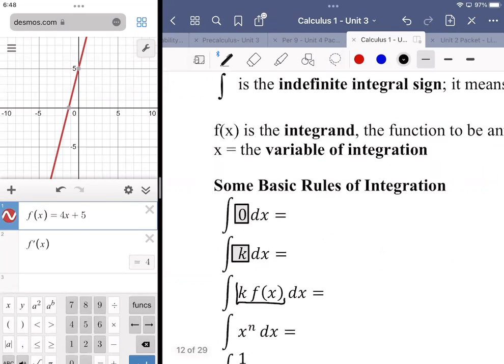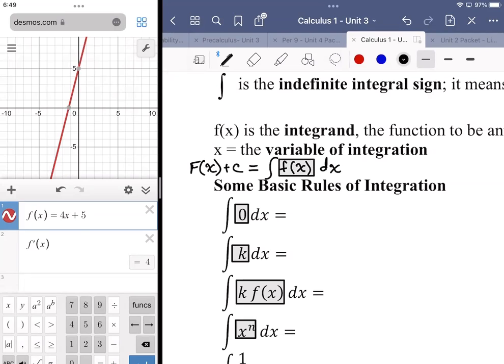This function, everything between the funky S and the dx, is known as an integrand, like a radicand is the thing under a radical. The integrand is the thing in the integral, right? That's the thing that is the result of a derivative, right? So if the structure is that capital F of x plus C is equal to the antiderivative of f of x dx,